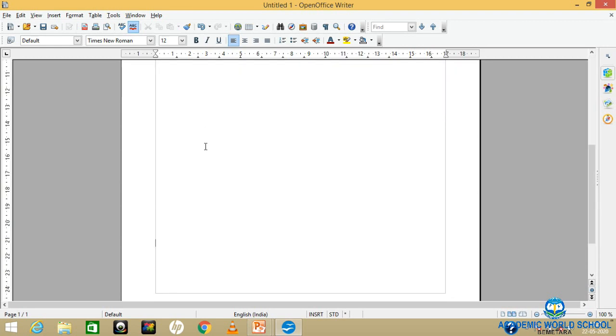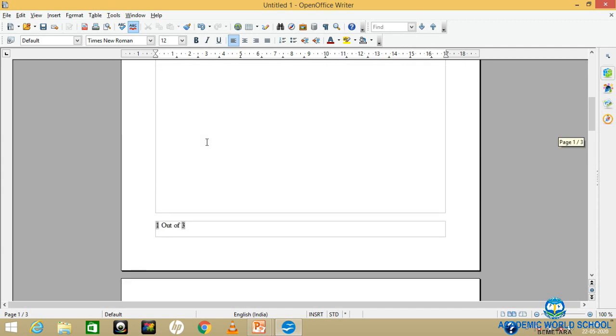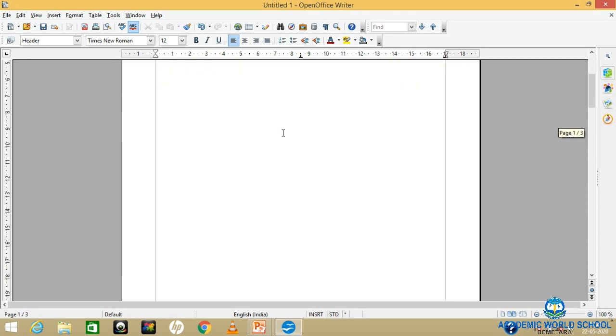Here you can see the page number and the page count is inserted at the bottom of the page. See, 1 out of 3. The same detail has come to the next page. At the bottom you will find the same detail. So this is your header and footer.